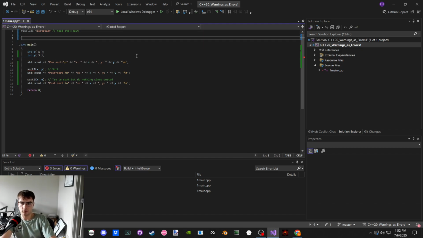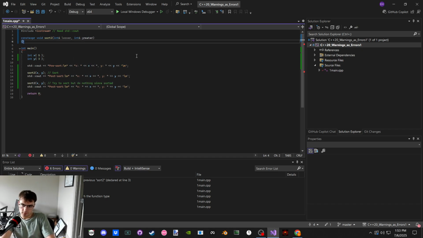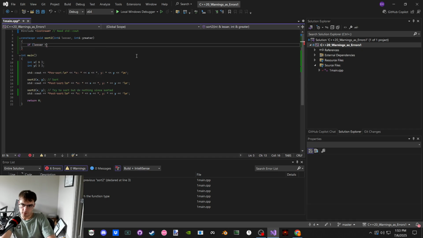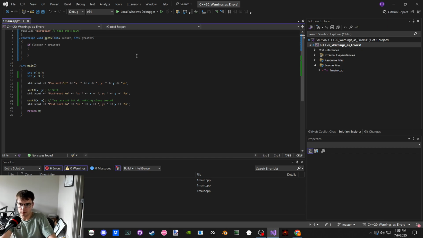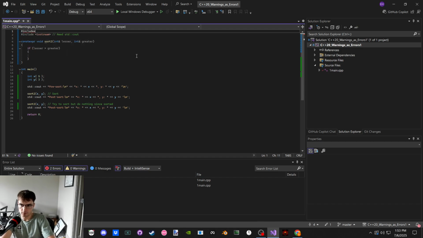Alright, we'll do void. We could do constexpr void sort2. And we could say lesser, or a reference to an integer called lesser, a reference to an integer called greater. And then we say if lesser is greater than greater, we need to include algorithm, to do this in one line, we need std::swap, int in this case.